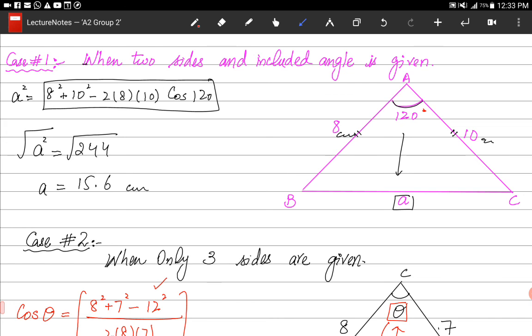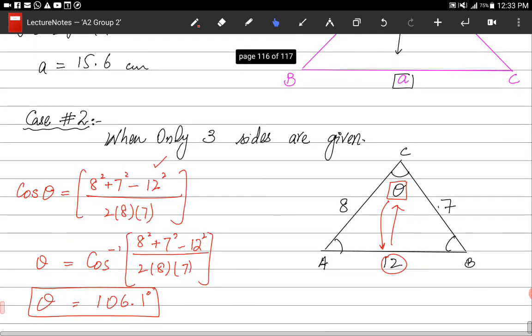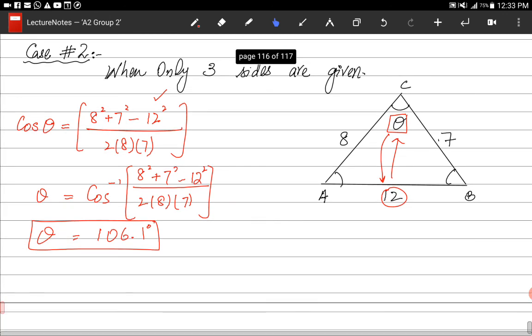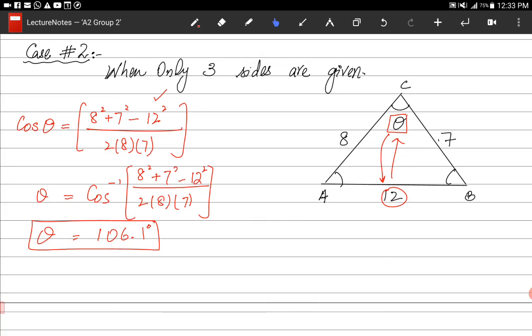And the second case is when we have only 3 sides given. This is how we do it. 8, 7 and 12 for instance are given. We need to find theta, that is C. So cos of C or cos of theta is equal to 8 square plus 7 square minus 12 square. Okay, opposite to theta, this side is 12, that is coming at the end, divided by 2 times 8 into 7. So theta is equal to cos inverse of 8 square plus 7 square minus 12 square divided by 2 times 8 into 7, and it is